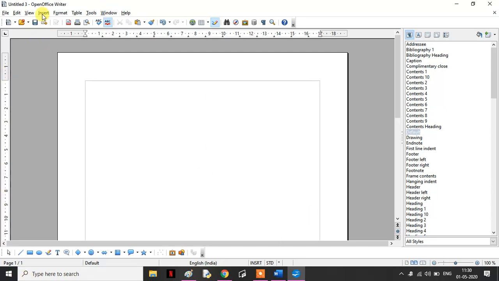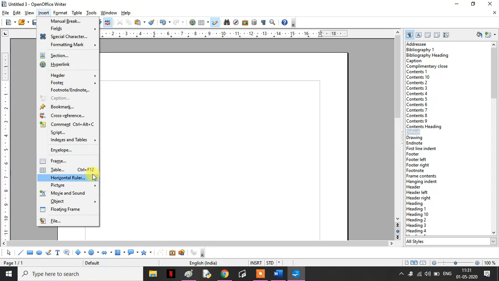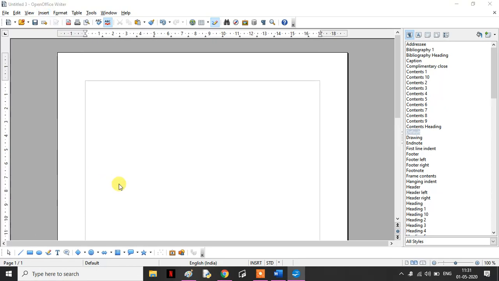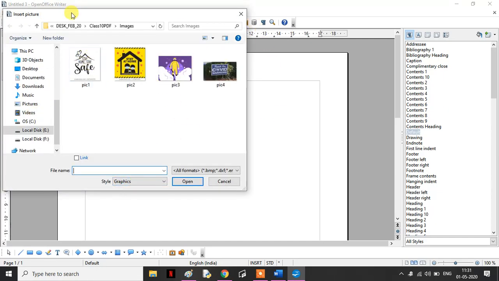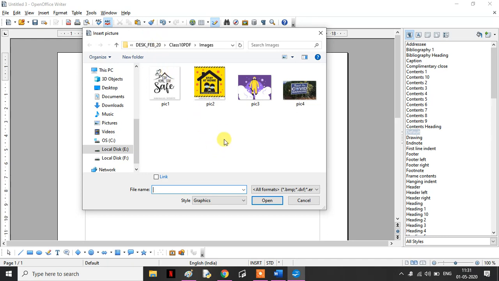First you have to go to Insert, then you click on the Picture option, From File. When you click on this, the browse window opens. I have some images here. Suppose I select this particular image and click on Open.